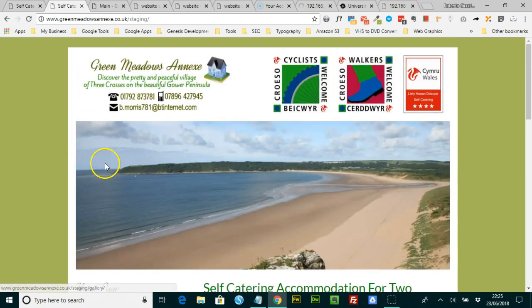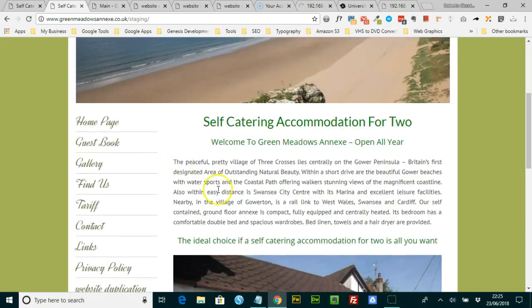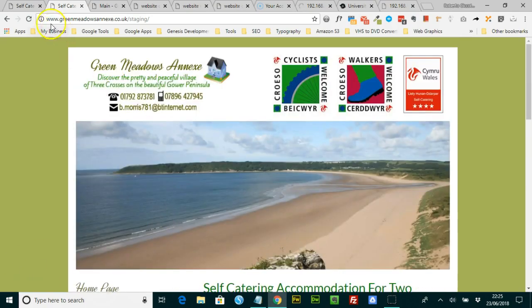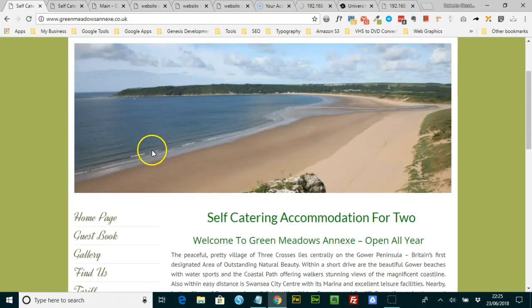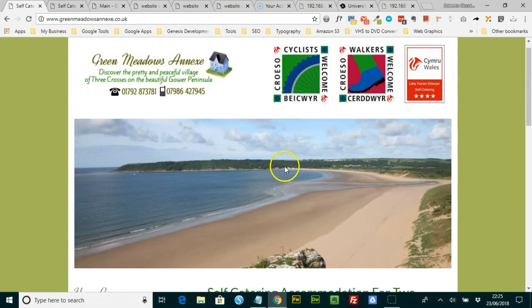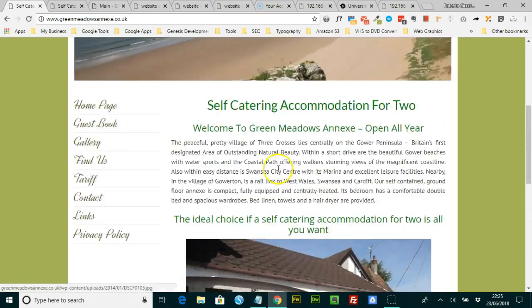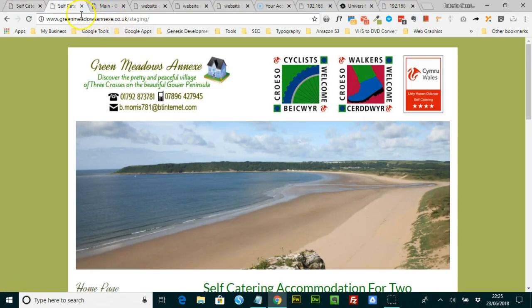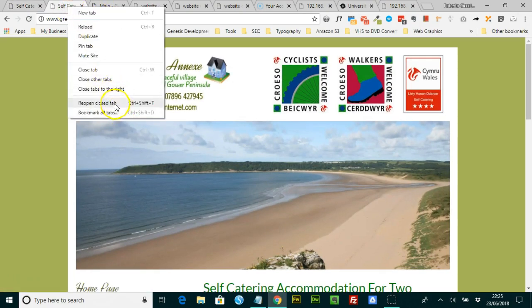So this is a staging website that is a duplication of this website built in 2013 with Toolset Bootstrap theme. I would like also to show you how this website now, because I did some further job,